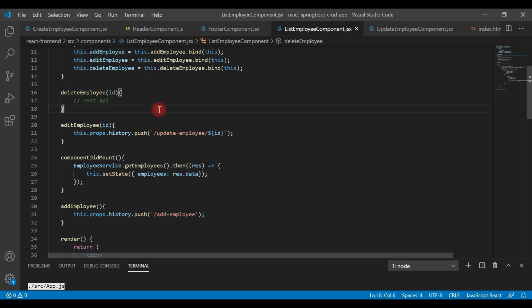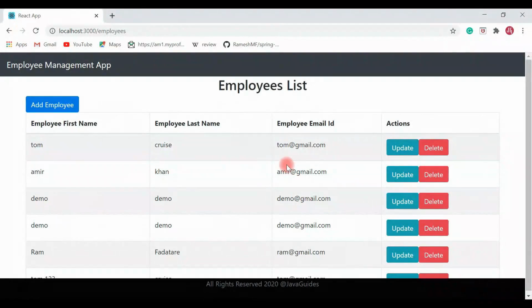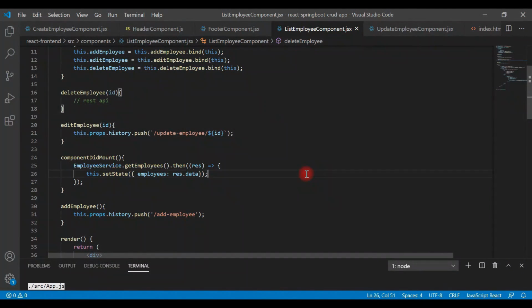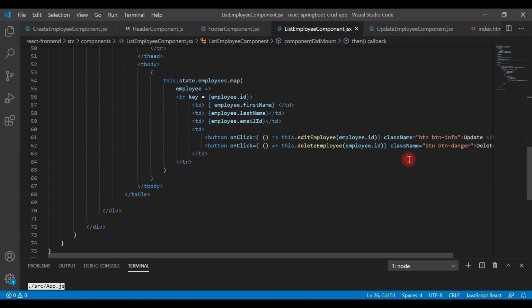So before that, let's save the file and let's go back to the browser, and you can see here a delete button is added in actions column. Okay, so let's add some inline style to give a margin left. Go to the VS Code IDE, and in the delete button, I will just add an inline style. So look at here how we can add the inline style. This is style equals to curly braces, and this is the object, and this is the key, and